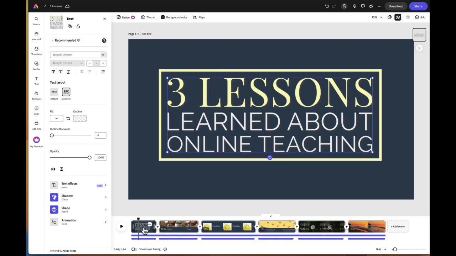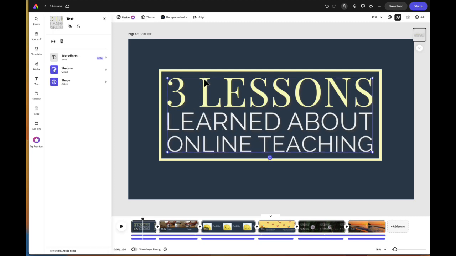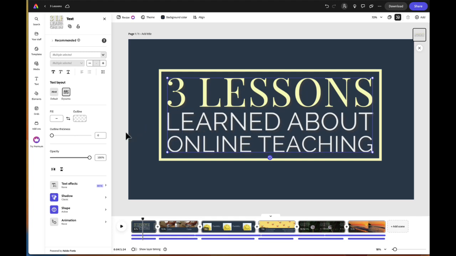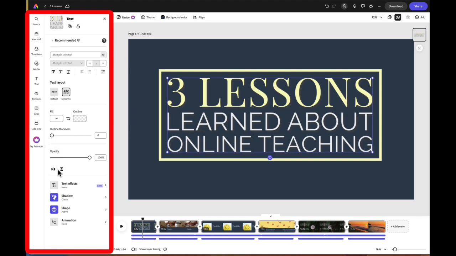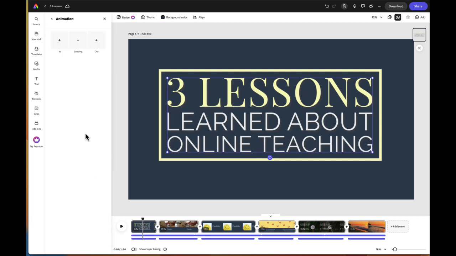So in my timeline, I'll click on my first scene, right, which is this one that you see in the canvas. Now I'm going to click on the text, and over here on the left, you'll see the text panel opens, right? We're familiar with that. This is where the animation is. Down below, it says animation none. So click on that arrow next to the right of animation, and then you can add an animation to when the text comes in at the start or at the end of the scene when the text leaves, or we can do both, or we can add a looping animation.